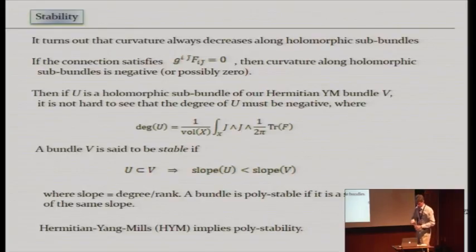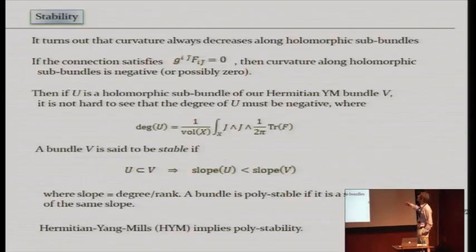So the next condition, the fact that the Kähler trace of F vanishes, that's a little more complicated. First of all, there's a generic fact about holomorphic bundles. If you take a holomorphic bundle, let's call it V, and you take a holomorphic subbundle, let's call it U, you have some Hermitian metric, some curvature on V, and you can restrict that Hermitian metric to U, and you can compute the curvature for U. And it turns out that there's a nice relation. If you restrict the curvature of V to U and subtract the curvature of U, you end up with something that's positive definite.